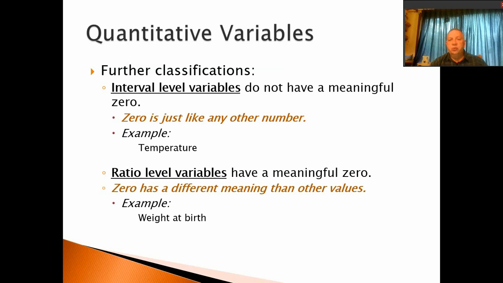Ratio level variables, though, have a meaningful 0. Weight is a very good example of it. At 0, there is no weight, and then it goes up from there. When I'm talking about 0, it is nothing. So when you consider 0 as nothing, that is what we're talking about as a ratio level variable. Okay, so that finishes up basically some of the definitions and terms that we use as we go along,